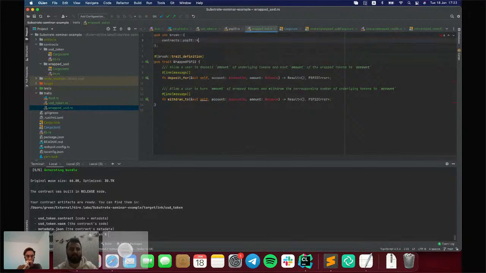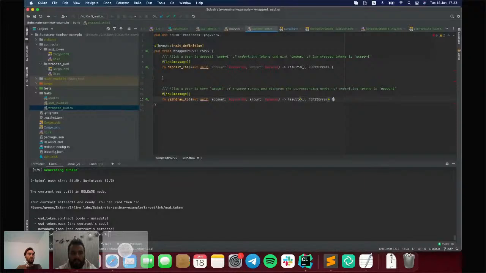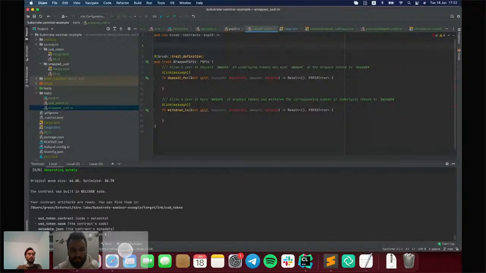We will decide about this later. Okay. So our wrapped PSP22 depends on PSP22, so we want to force the compiler to check that we also implement PSP22. And now we will try to define a default implementation here. But for that, we need to define a new trait. Let's call it wrapped PSP22 storage.